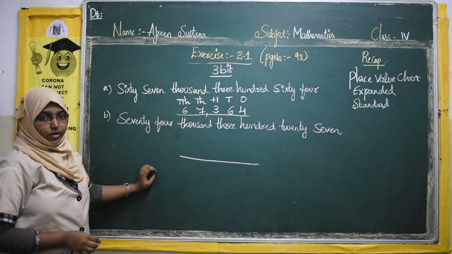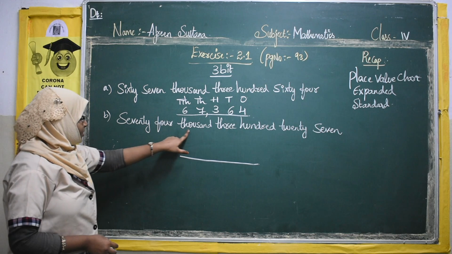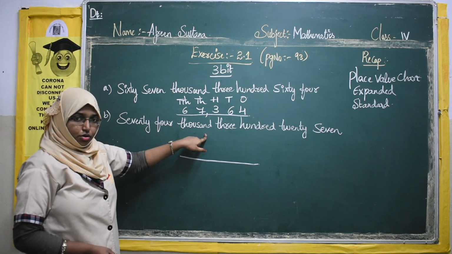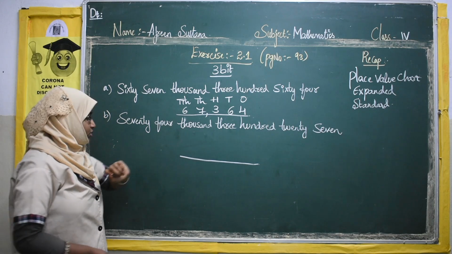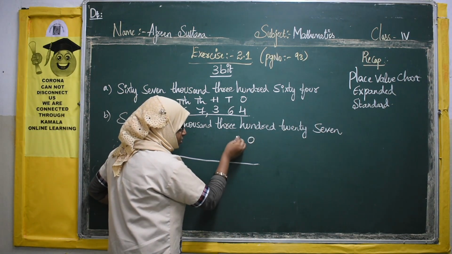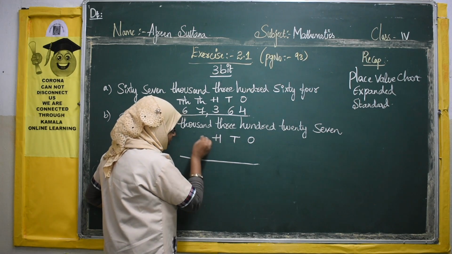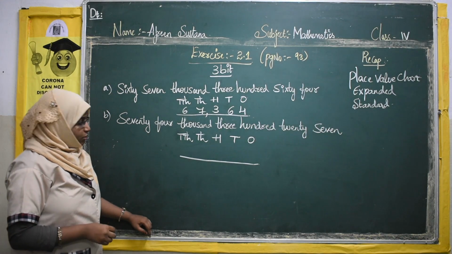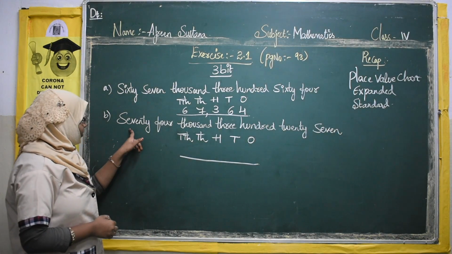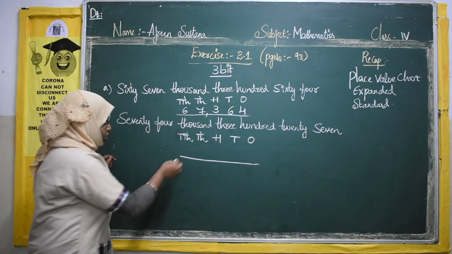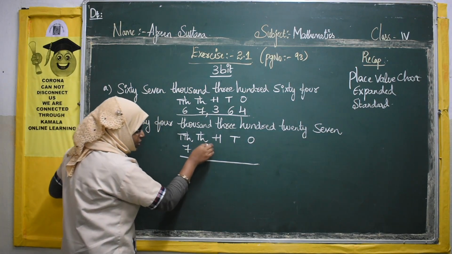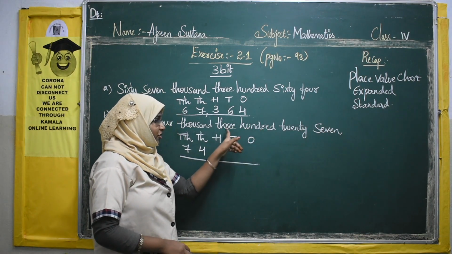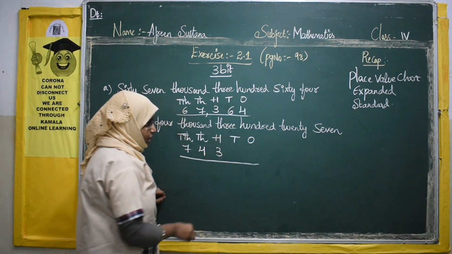Again what you will see? You will see the highest place. So highest place is again 1000. But it's not only 1000, 74,000. So we will write till 10,000. So let us write first place ones, tens, 100, 1000 and 10,000. Right? Now let us start placing the digits. So 74,000. So 74 will go under 1000 period. Next 300. Similarly again 100 place we will write 3. 327.